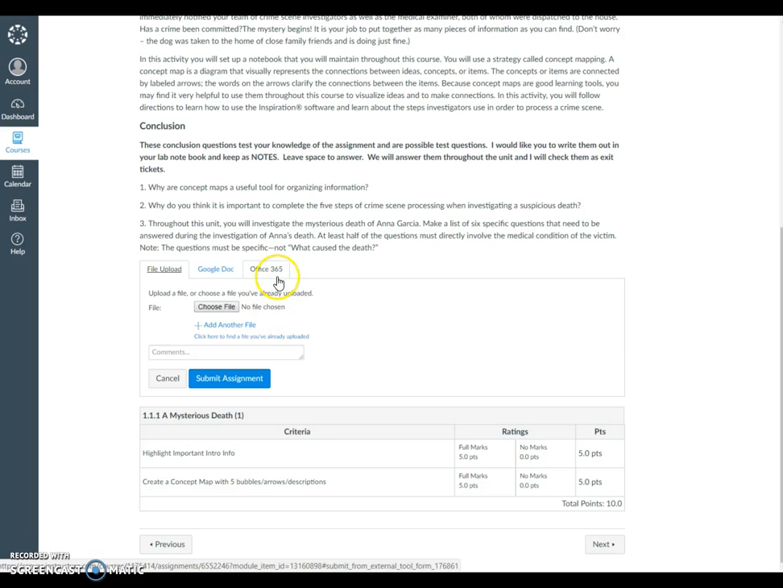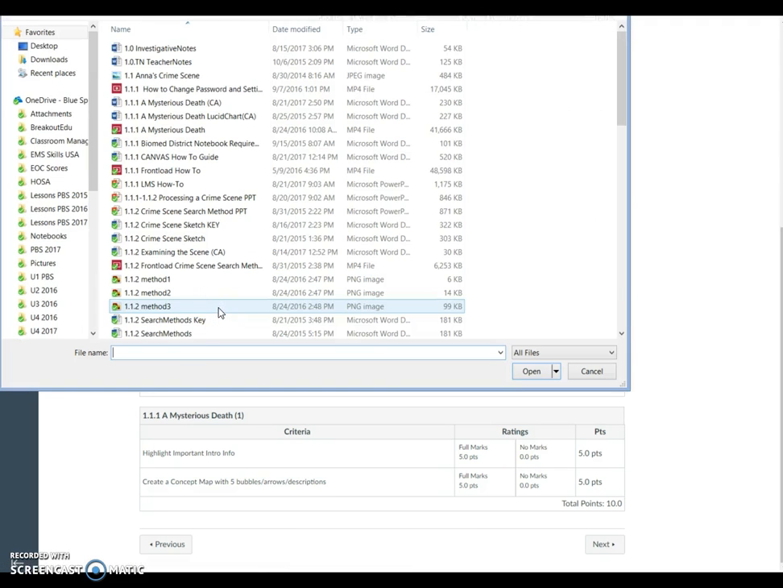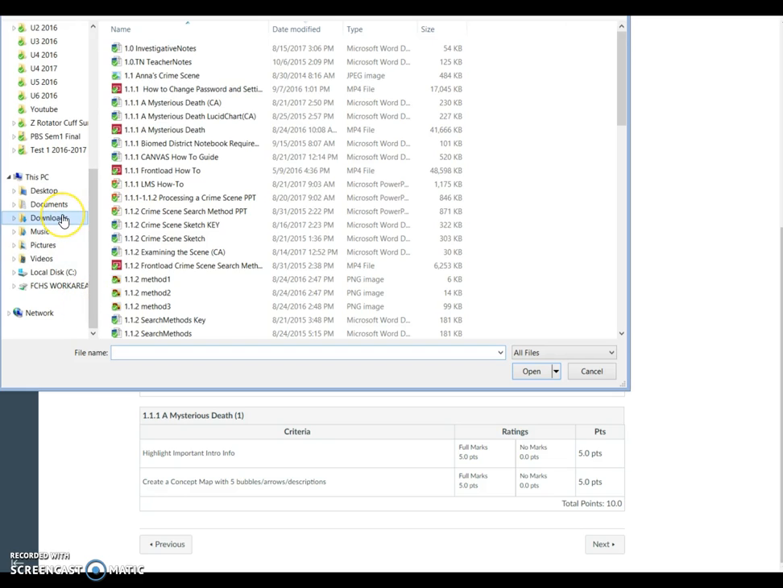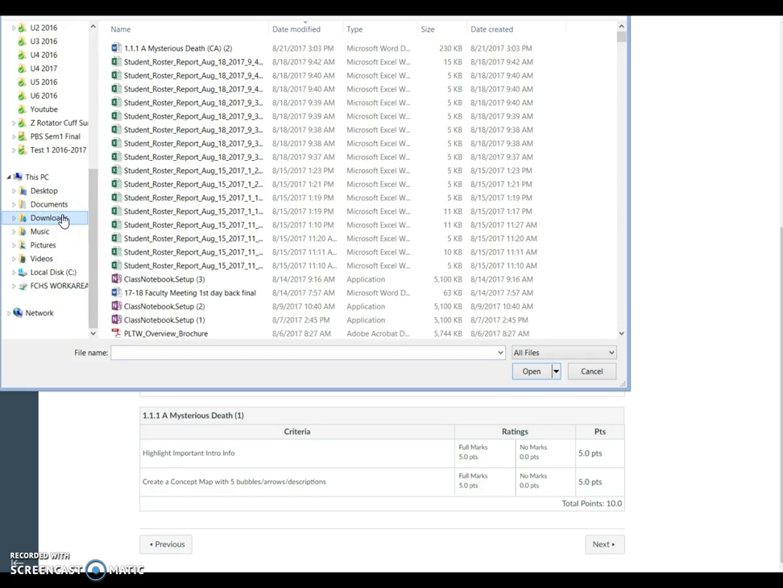If you don't want to use 365, let's say you've saved to a flash drive this year, that's where you would use the file upload button. You would choose a file and it would bring up everything that's on your computer. So most of the time when you open up a document from me, it goes into the downloads folder, and that's where you would find your original copy that you would open and work on,